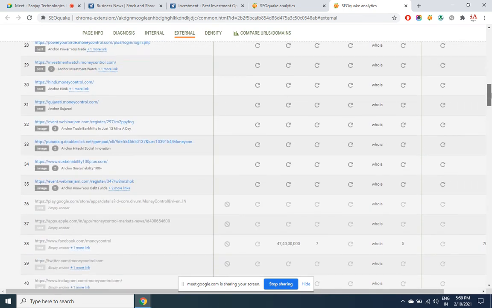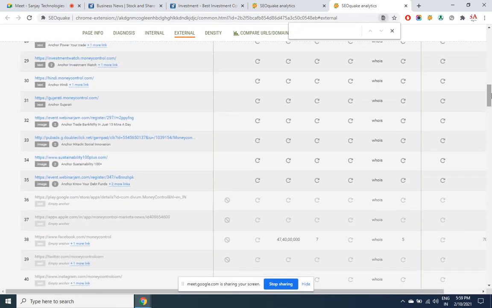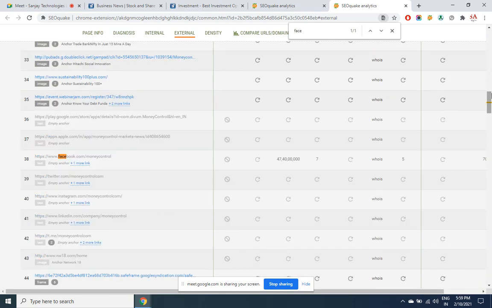But 2-3 sites here, like Facebook, I think. Yeah, Facebook. Anchor text is missing, but there is a link to Facebook, there is a link to Apple. So if anchor text is missing, the PR will still come to it. But he is not going to get the page rank for any particular topic. Overall page rank is going to come from this page. We'll calculate how much. Twitter, Instagram, LinkedIn. So there are several backlinks given to social media websites.